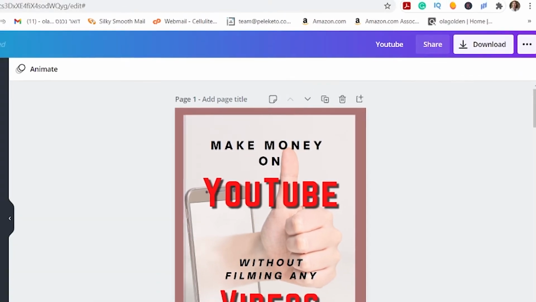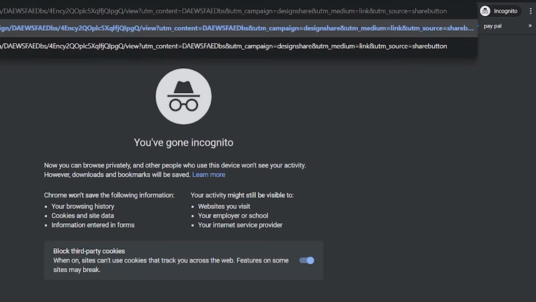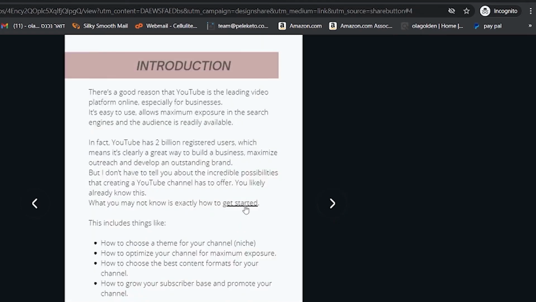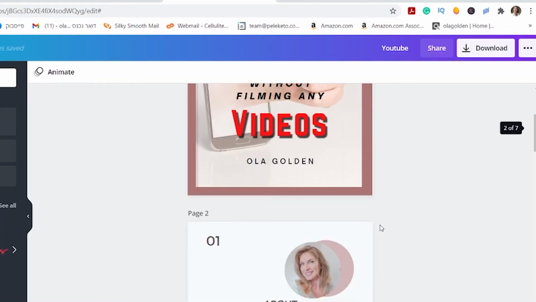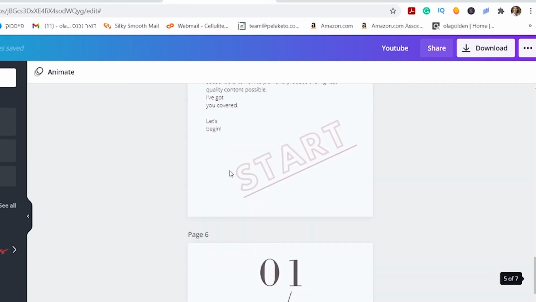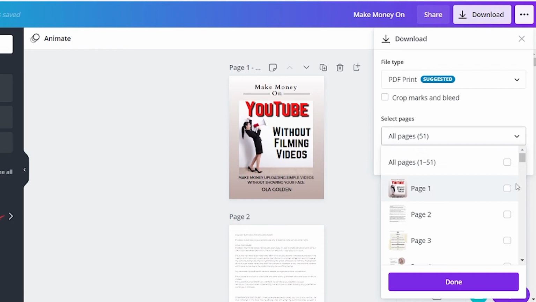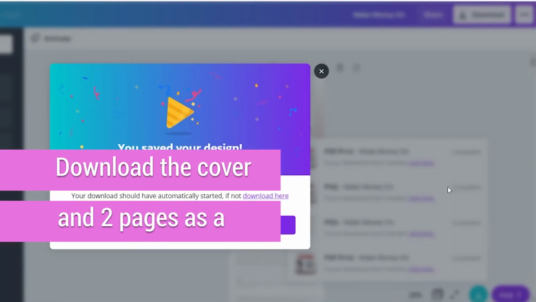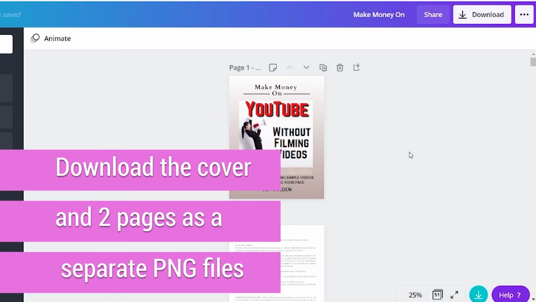In case it is an ebook you want to sell, I would suggest you download the high-quality PDF and upload it to the place you are going to publish it. Canva saves all your designs, but I always like to download my files and save them on my PC. Also, make sure to download the cover of your book and two of the interior pages as separate files. So the next step is to make a cover for our book and the preview of those interior pages